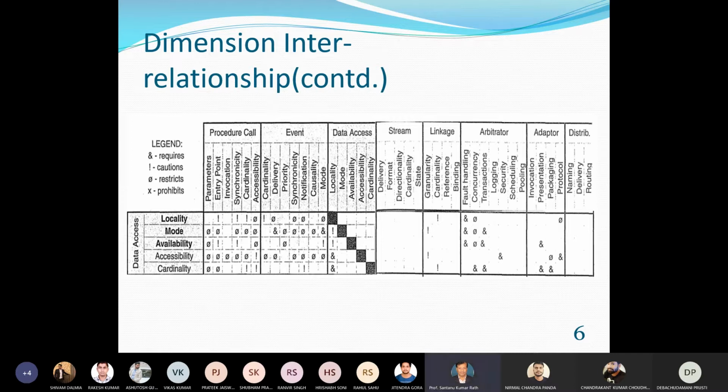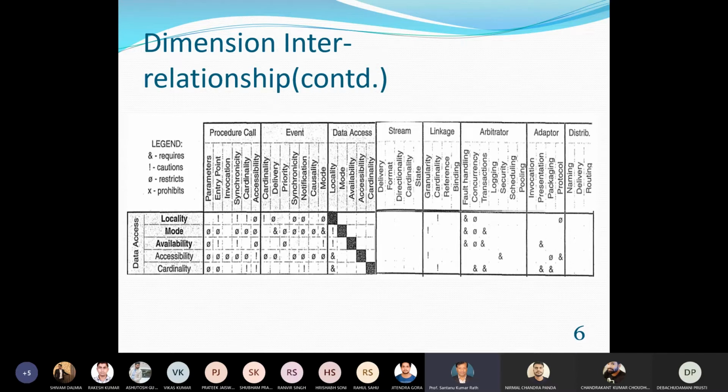Here we can see that data access locality mode with a procedure call parameter represents a blank cell. But in procedure call with data access, it represents a restriction. Why? What is the meaning of blank?